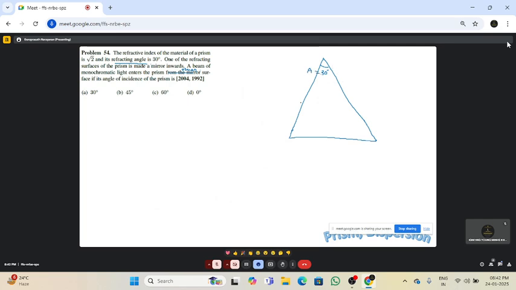One of the sides, these two sides, is called the base, and this is called the refracting side of the prism. So one of the refracting sides is made into a mirror. Silvering paste is applied, then it will become a mirror. So what they are saying is,